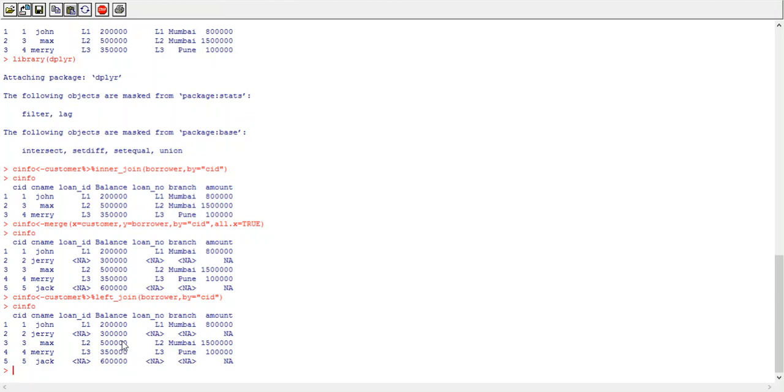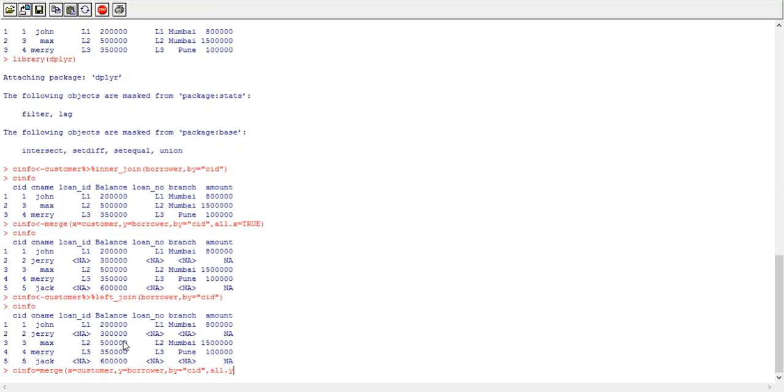Okay, so cinfo equals merge, first data frame is customer, second data frame is borrower. Then the common attribute is customer ID and all.y.